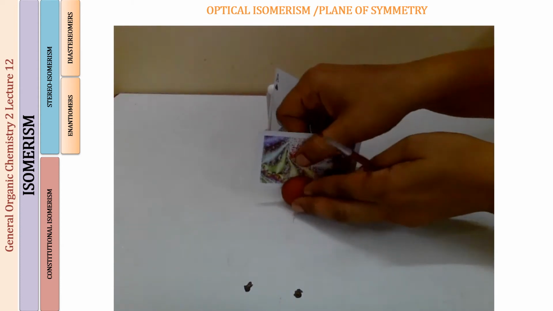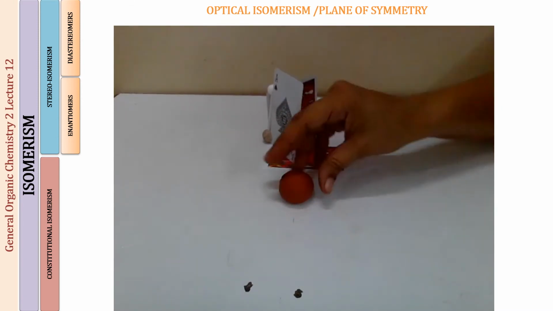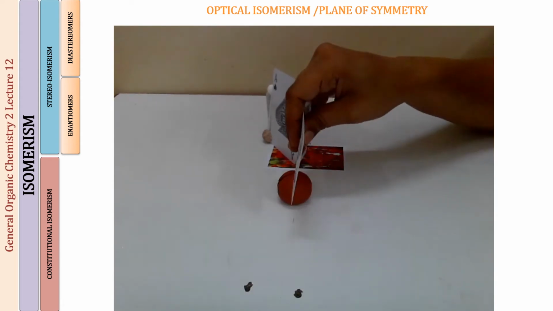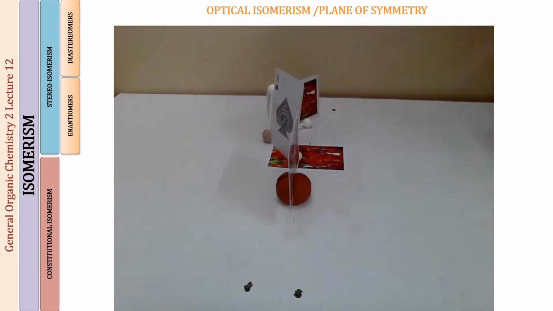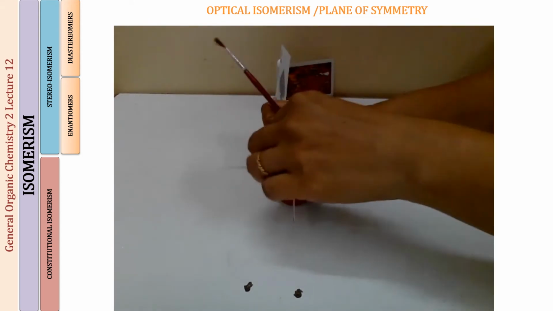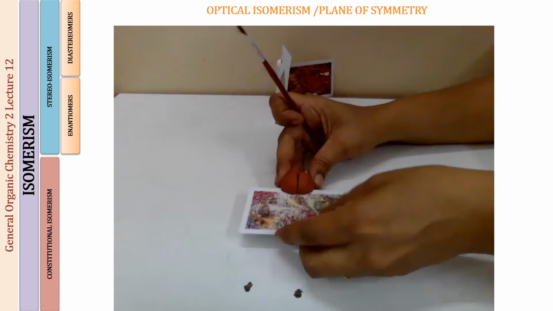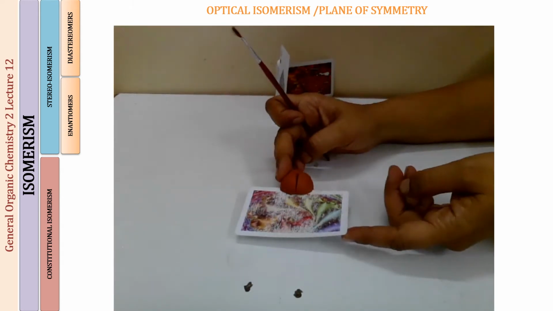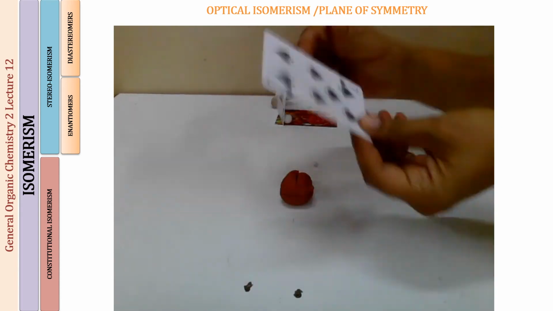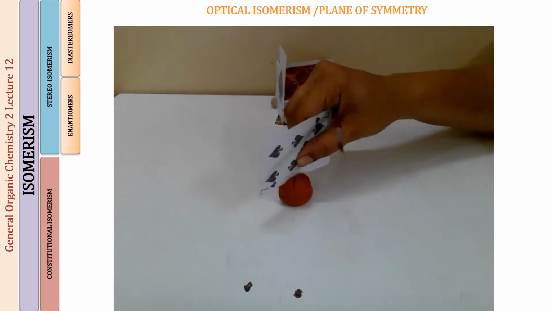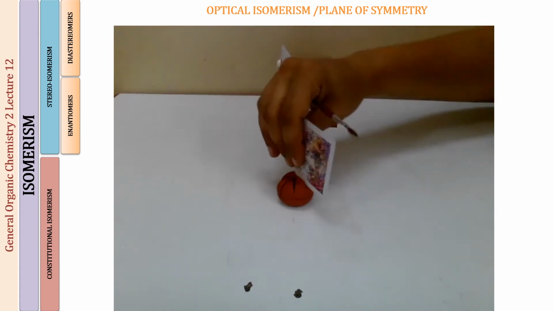Now I can cut it in another way also. You can see these are the two halves. Rather than using an xy plane, I can cut the sphere in the yz plane. I can do it this way also. And another way is to take this card and cut through the molecule, slicing it in the xz plane. Now a sphere has infinite planes of symmetry because anything which passes through the center of the sphere is going to cut it into two equal halves. So I can cut it this way, I can cut it this way.